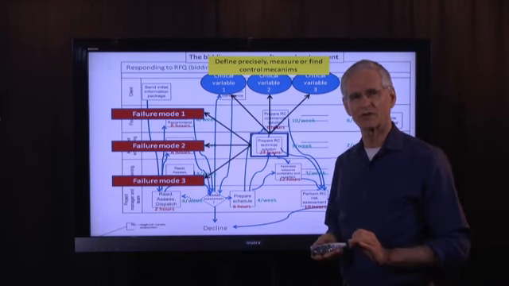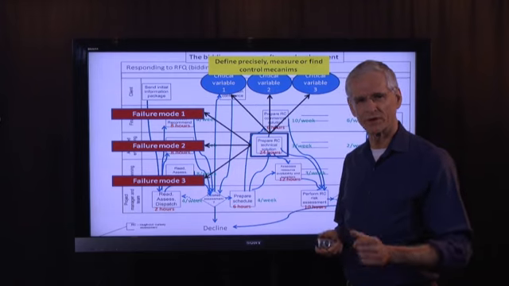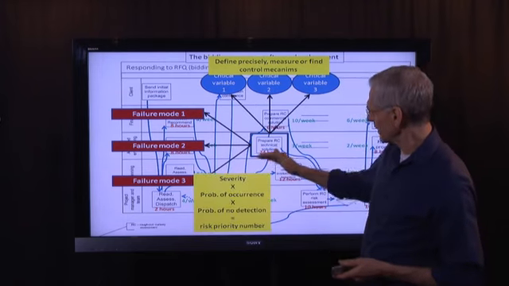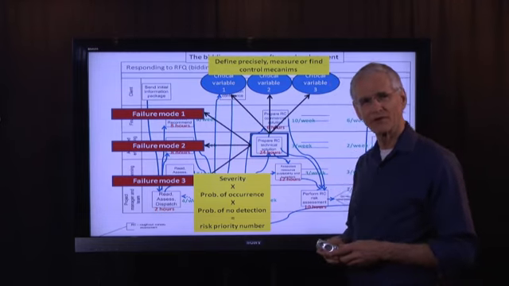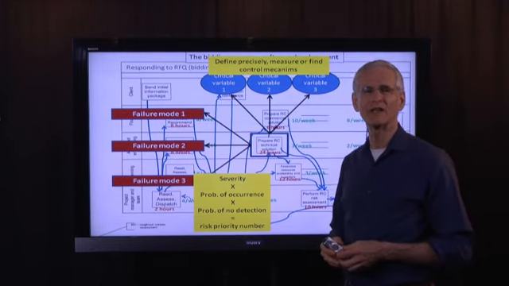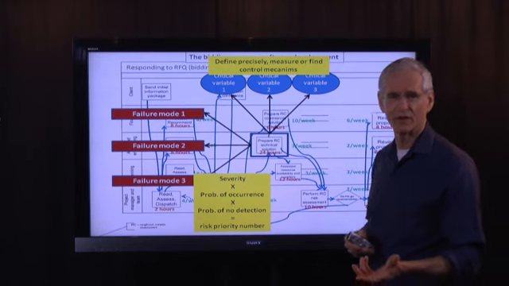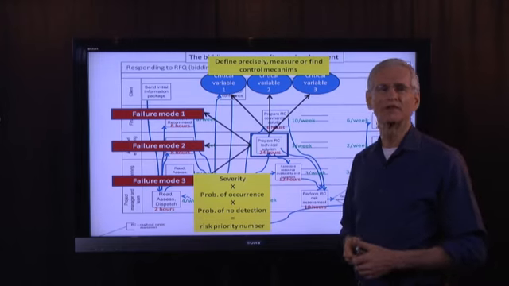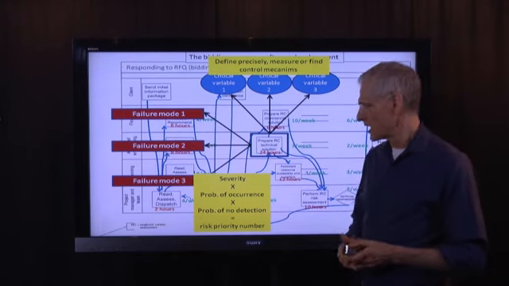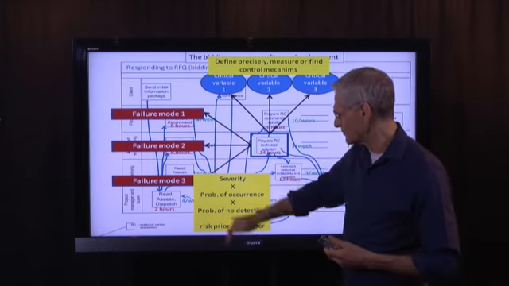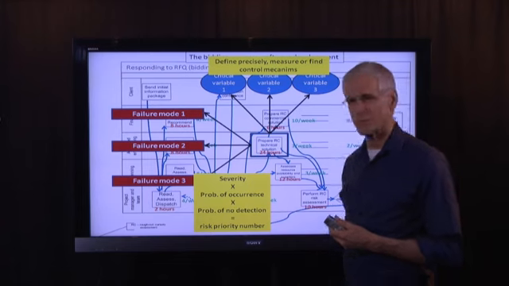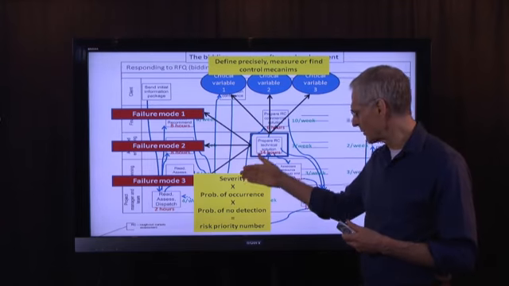A specific set of circumstances which would result in a failure, which we would then rate in terms of the severity of the impact, the probability of occurrence, and the probability of that failure not being detected until the damage is done. The technique of FMEA consists in identifying those modes and calculating a risk priority number based on a multiplication